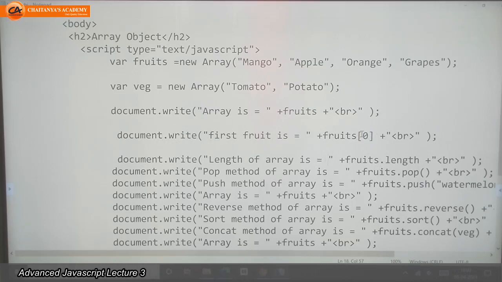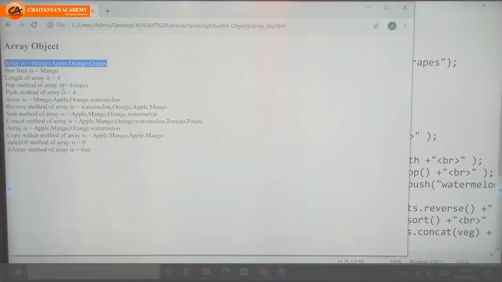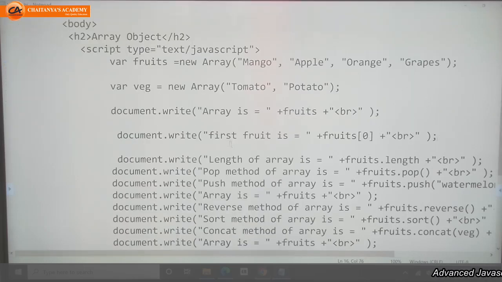Keep it in mind, while passing the index number I need to use square brackets, not rounded brackets or curly brackets. Square brackets with the number in them is the index number of the element which I want to return as an output. So the first fruit is mango. See here, first fruit is mango.